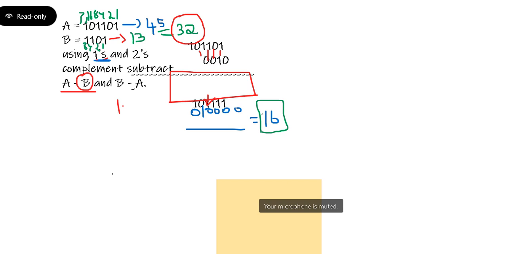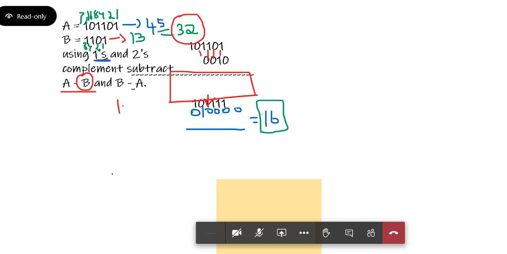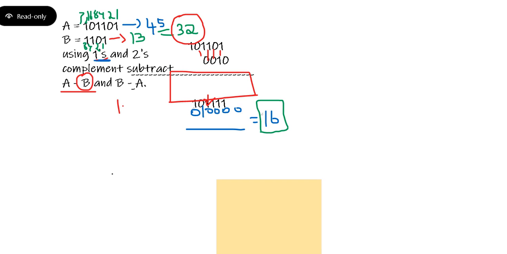Any idea? I told you in the starting, something has to be equal. Number of bits. As you can see, I'm doing A minus B here, directly just writing this off. I didn't add any zeros.